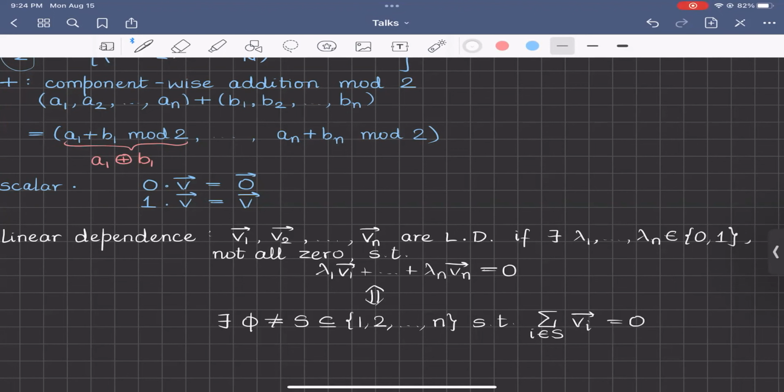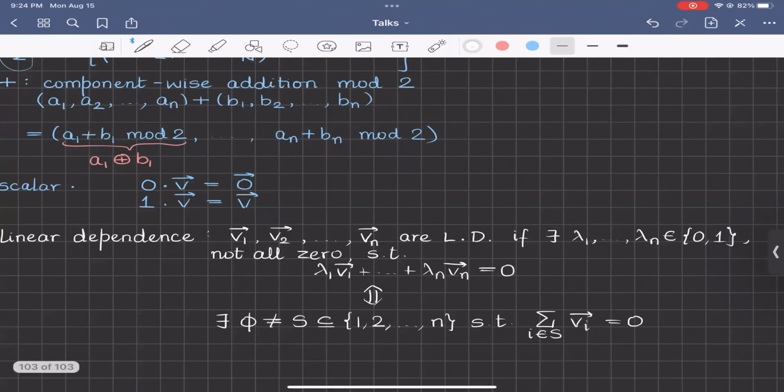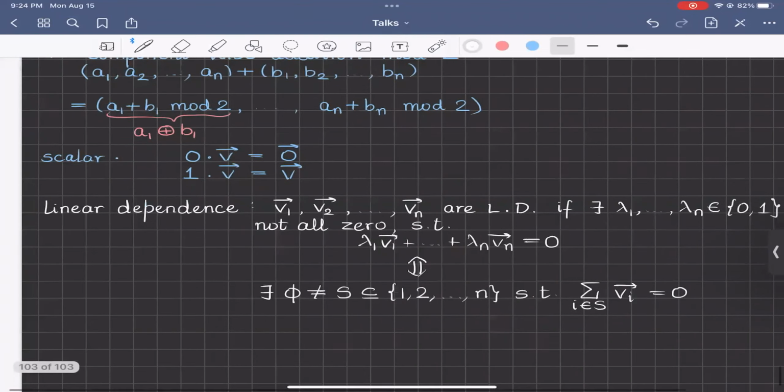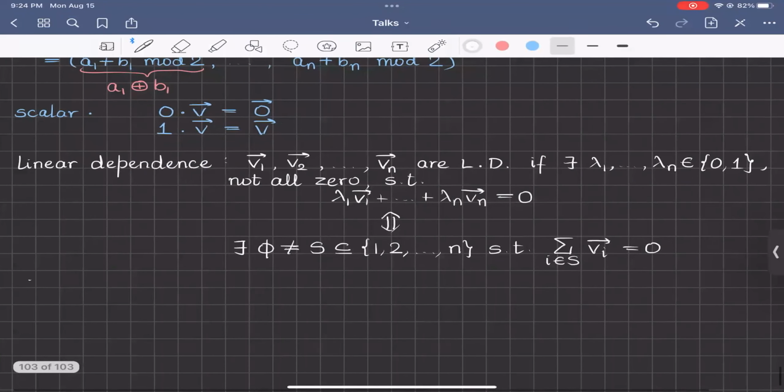Basically, as long as there's a non-empty subset of vectors that sum to 0, these are linearly dependent. And so linearly independent would mean that all 2 to the n sums are distinct, right? So this implies that, well, okay, so